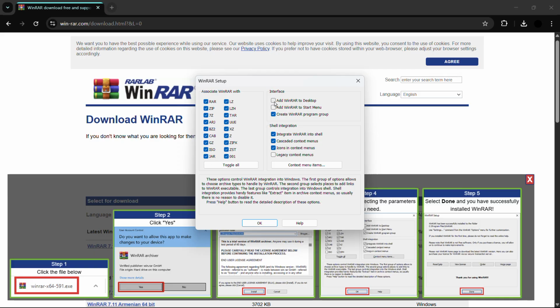Under the interface you have some other options, which include add WinRAR to desktop if you want, adding WinRAR to start menu if you want, and then the create WinRAR program group, which is already selected by default. If you don't want it, you can simply disable this. And then there is also a shell integration which says integrate WinRAR into shell, cascade context menus, icons in context menus, and legacy context menus if you want. If you don't understand any of this, simply let the default values remain and click onto this OK